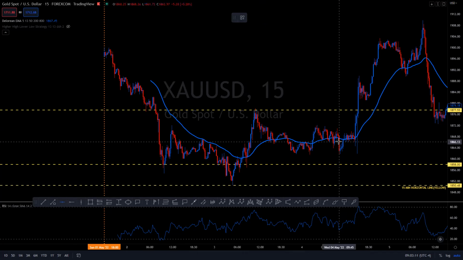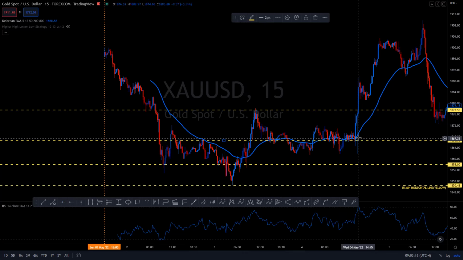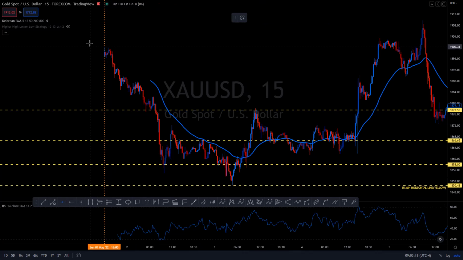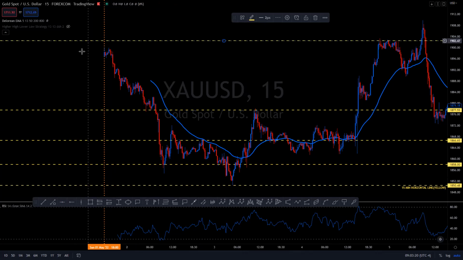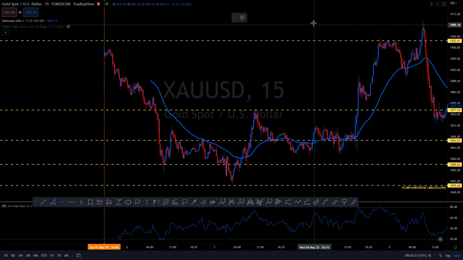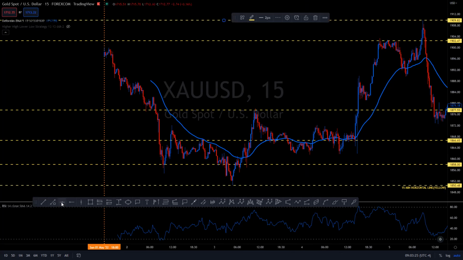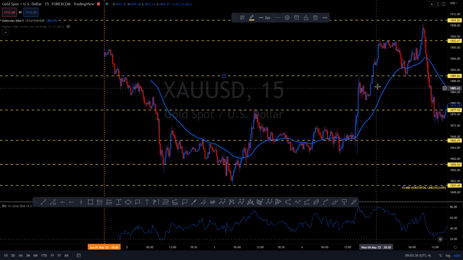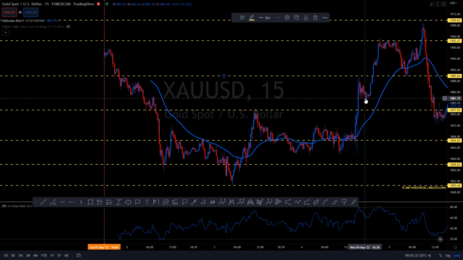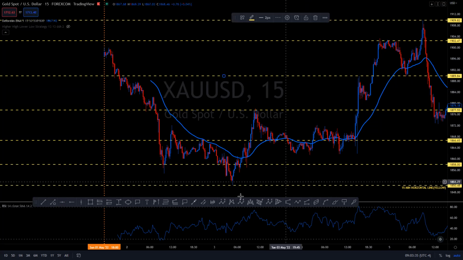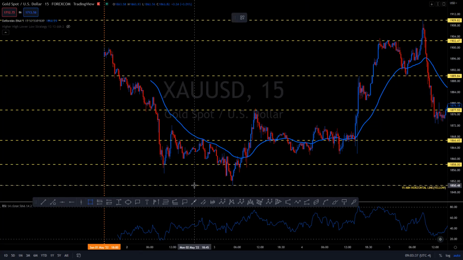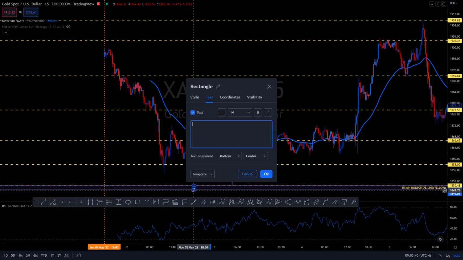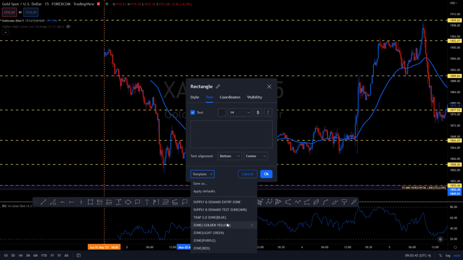And then, of course, we can say that there was a major demand here. There was a huge supply up to this point and up to this point as well. Then there was also a supply here to where price respected it and pushed price down to here. Then when it finally broke and respected as a demand zone. So now we're going to go ahead and mark up our areas.